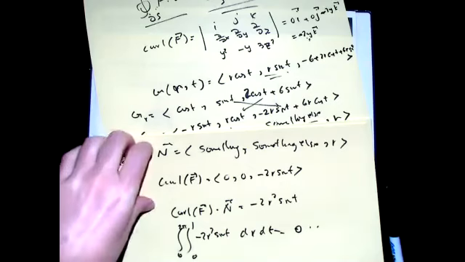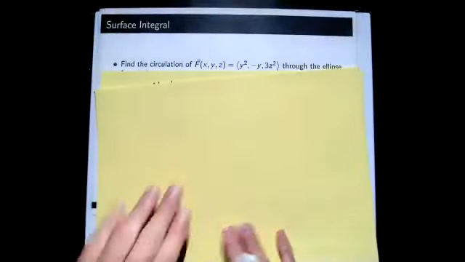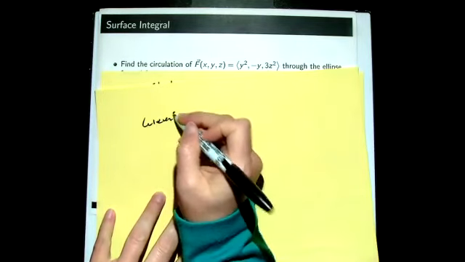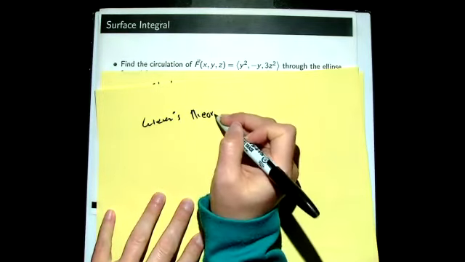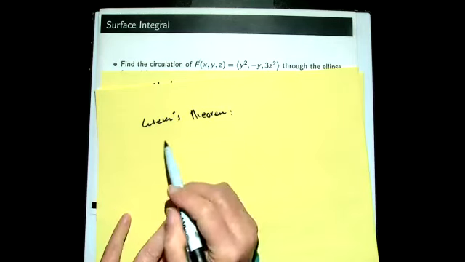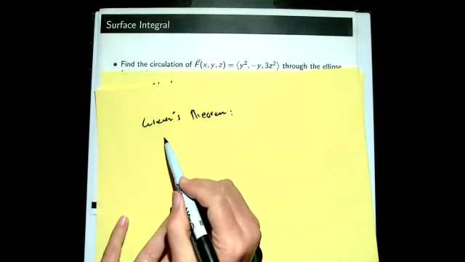So let me write it down. I'm summarizing it because I didn't do Green's theorem or Stokes' theorem and the divergence theorem here. So Green's theorem says the